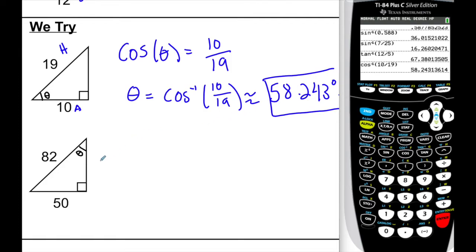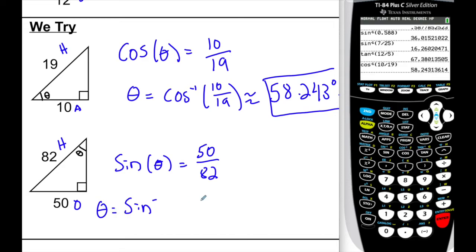Okay, how about this one? So here I have an angle. Which two sides do I have access to? I know the opposite and the hypotenuse, so I'm going to target which relationship? I'm going to do sine, so I know that sine of theta is equal to 50 out of 82, so therefore theta, I guess we could say, is equal to the inverse sine of 50